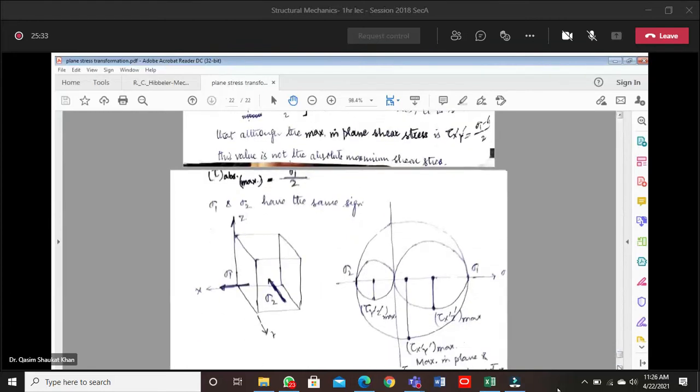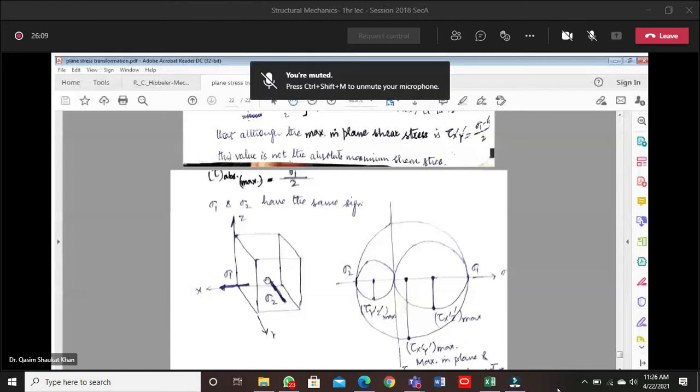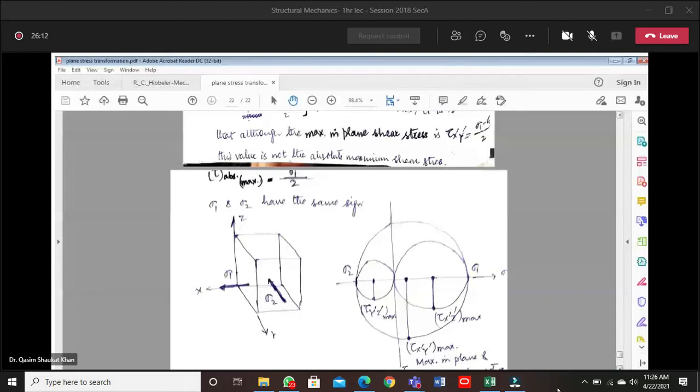Now in the second scenario, we have sigma 1 and sigma 2. Sigma 1 is my major principal stress, sigma 2 is my minor principal stress. Sigma 1 is positive, it is tensile in nature. Sigma 2 is negative, it is compressive in nature. Okay. Now, if I draw all the three planes,